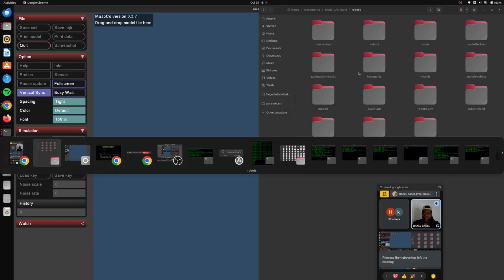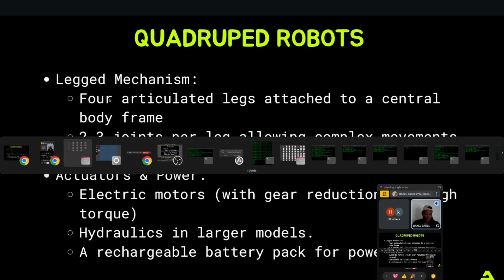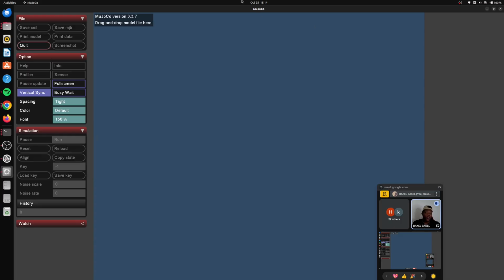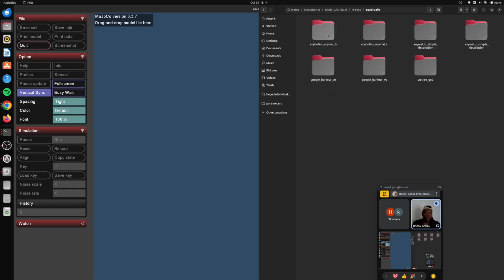The first one we are looking at from our slide is our quadruped robots, which have 4 legs like dogs. Usually they have 4 legs clearly, some 2 to 3 joints, and then actuation is done by motors or hydraulics because they need a lot of power, a lot of torque actually. So if we get here for our quadrupeds,